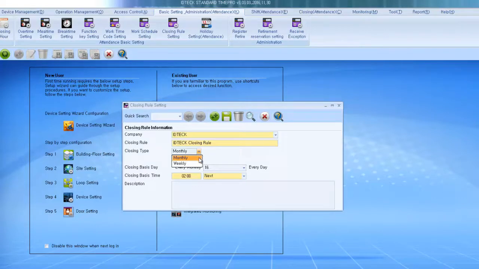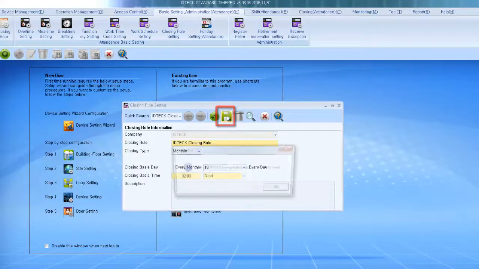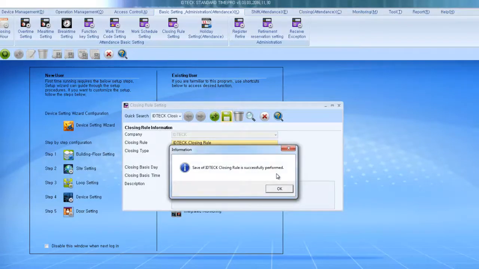In our case, we'll just close it monthly. So every 16th of the month at 2 o'clock in the morning, the time and attendance report will close automatically. Let's click on Save. Now we have successfully added a closing rule. Click on OK